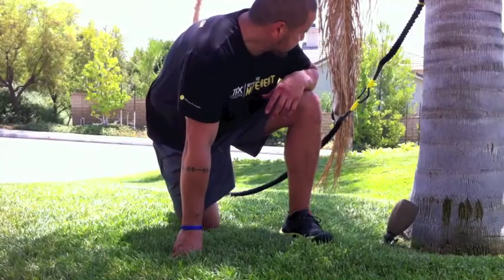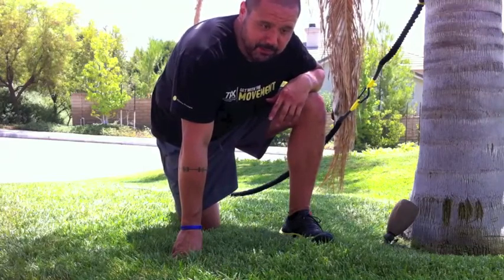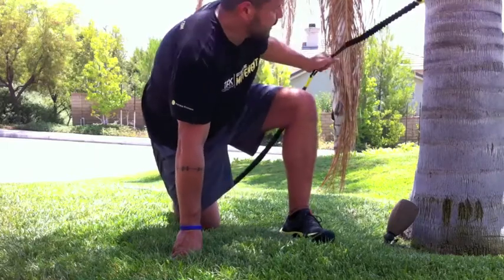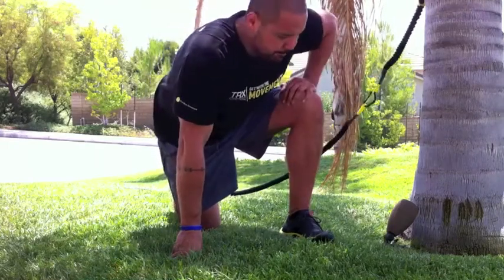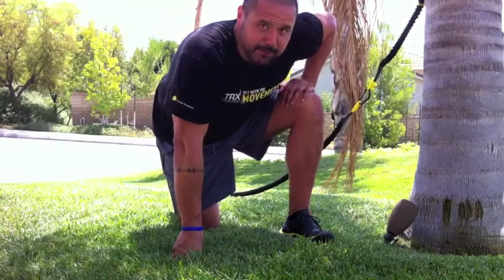Cranking out a few of these today because it's just a lot of stuff going through my mind. A couple people hit me up on emails asking about some things. This actually came up when I used the RIP Trainer today and hooked it up to my big palm tree in my front yard. What I want to talk about is obviously a chopping lifting pattern that we've been using